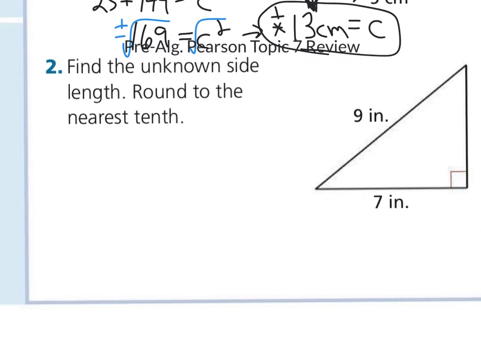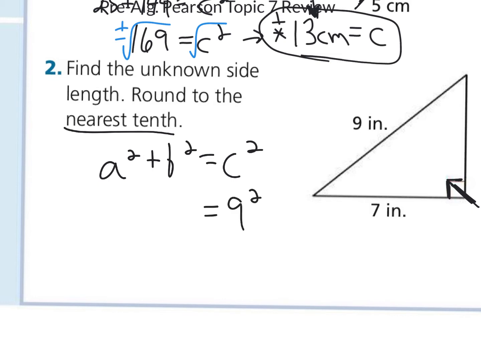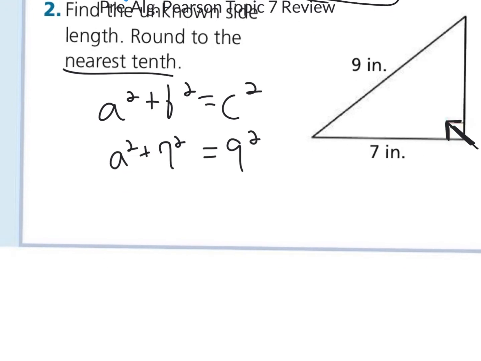Number 2, they want us to find the unknown side length to the nearest tenth. So same thing, let's look at the hypotenuse. It looks like 9 is our hypotenuse on this one. So 7 is one of the known sides, and the missing side is one of the legs of this triangle. So the 7 could go in place of the a or b here. So 7 squared is 49, 9 squared is 81,